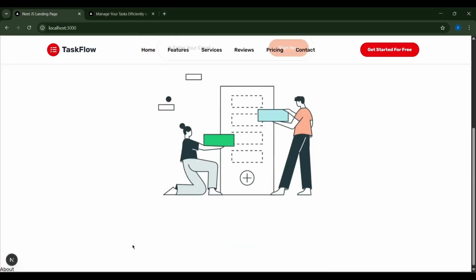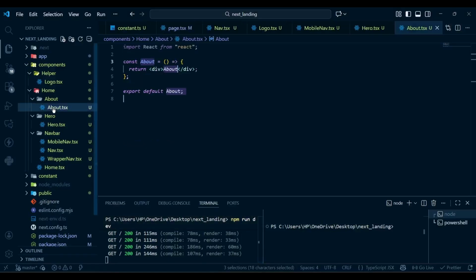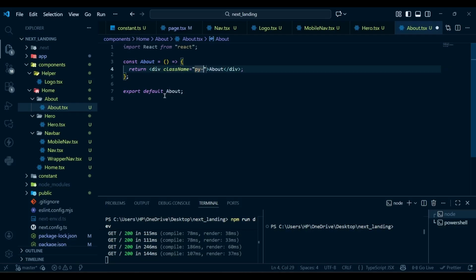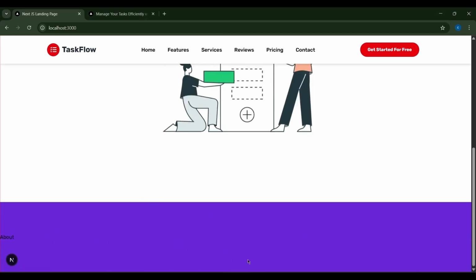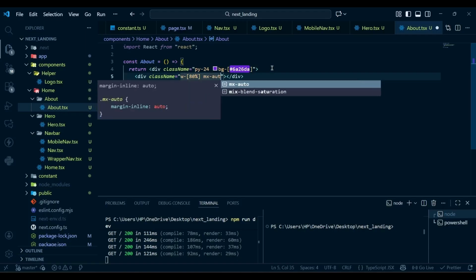Now if I go to our project, here you can see we have our text about. And now let's go to the about.tsx, and here the first div has a class name of py-24, bg will be hash 6a26da. Now if I hit save and go to our project, here you can see we have our background change, and then inside this div we'll have another div with class name of w-80% mx-auto